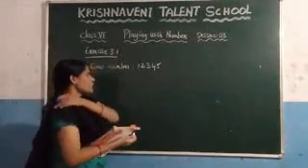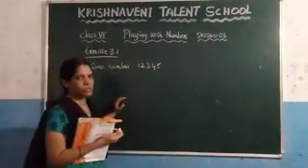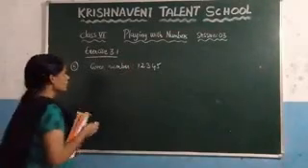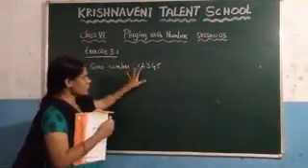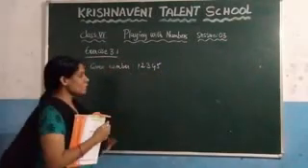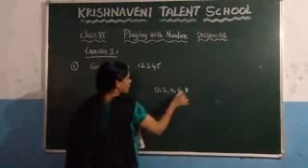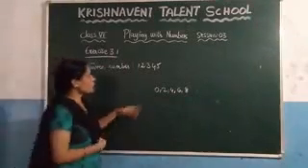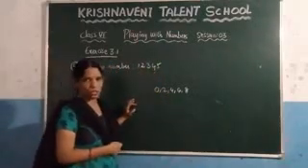After doing this, you have to reverse the number, and after reversing it you need to check the divisibility rules again. First see this one. What is the given number? 12,345. Now you need to check whether this number is divisible by 2 or not. This number is not divisible by 2, because the divisibility rule for 2 says, if the unit digit of the number ends with 0, 2, 4, 6, 8, then the number is divisible by 2. But here the unit digit does not end with any of these digits, so we can say that this number is not divisible by 2.